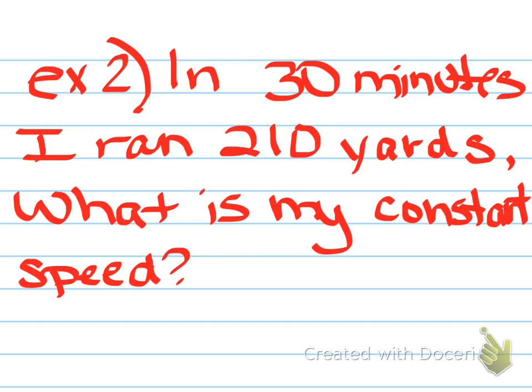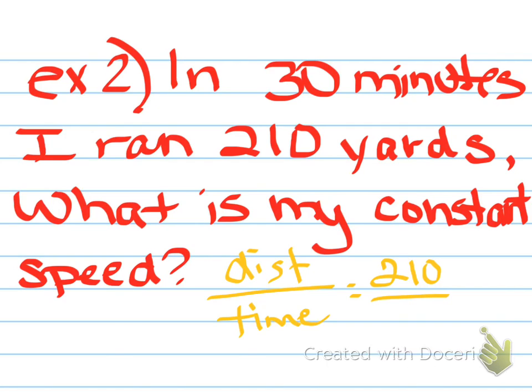All right, the next one, example number 2, is just asking for the constant speed. So in this one, it says that in 30 minutes, you can run 210 yards. What is your constant speed? So you're going to figure this out. Remember that it's always distance over time. So we're going to put the 210 on top and the time 30 on the bottom,